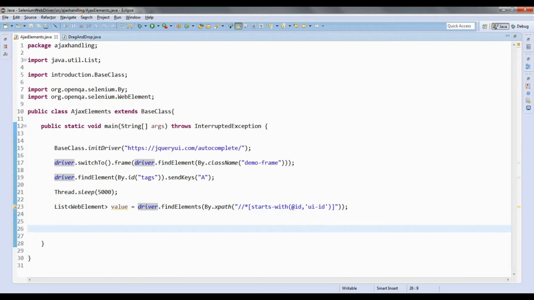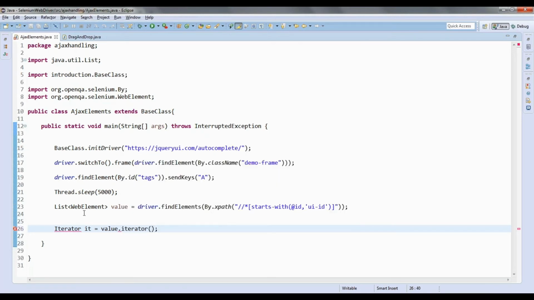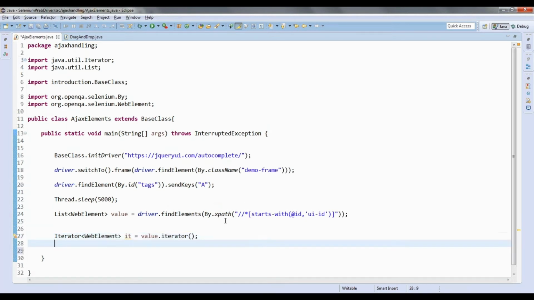So what you need to do now, once again it's the same thing, right? I will be writing a for each loop, or I will be writing an iterator. Iterator it is equal to value dot iterator, so that also belongs to web element.